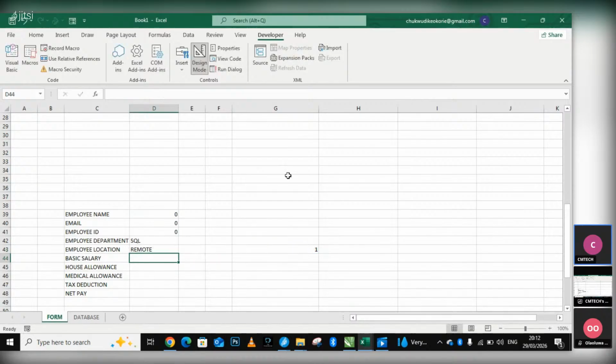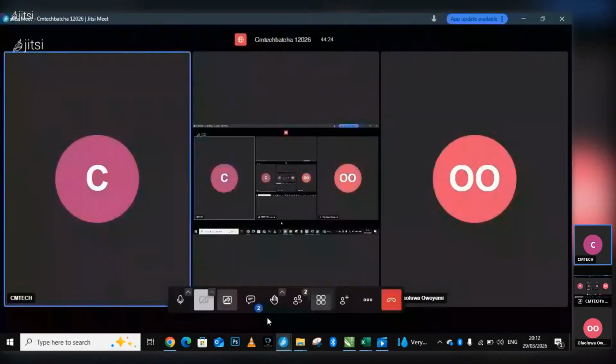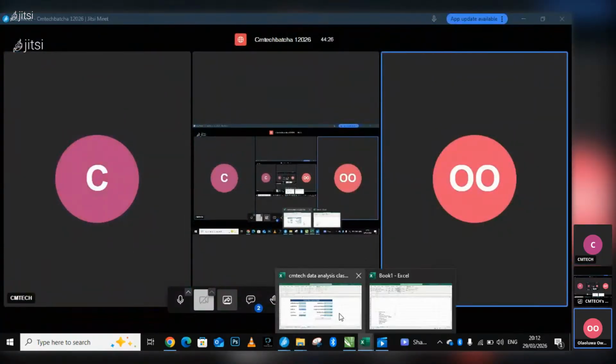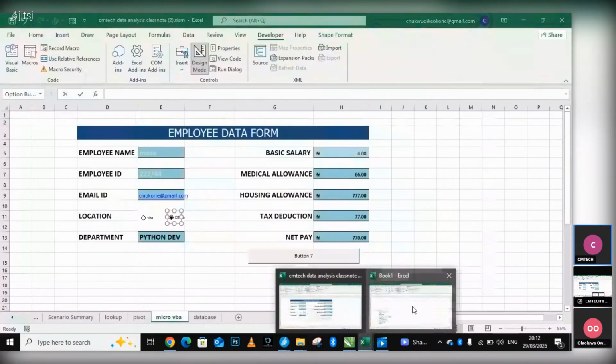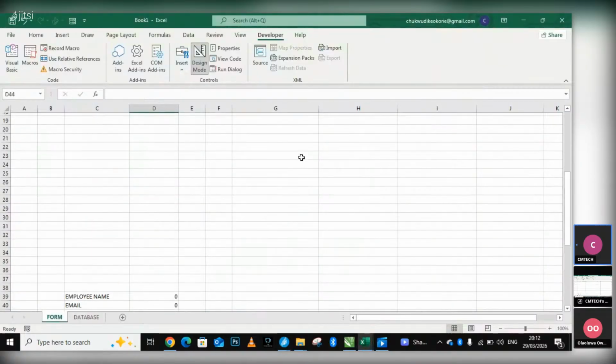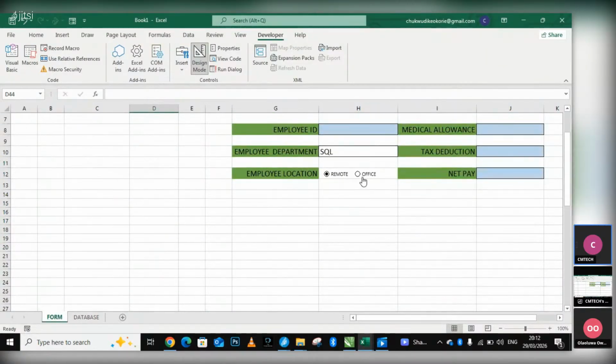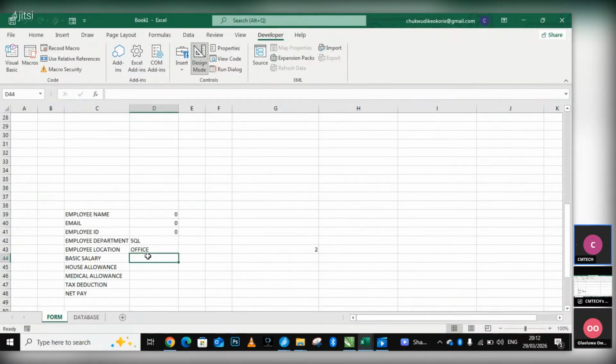Now did you see when it's 1 it's showing remote, right? Yes. So when it's one, it's showing remote. So when I click it, office, it will show office now. So it's working well. Now we are going to also reference this equal to